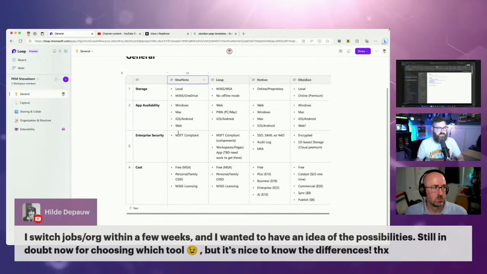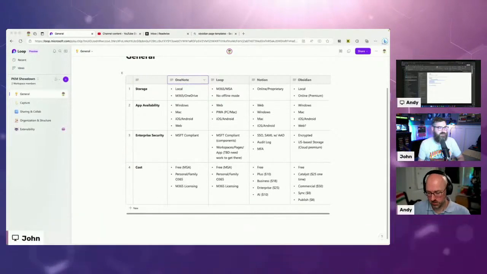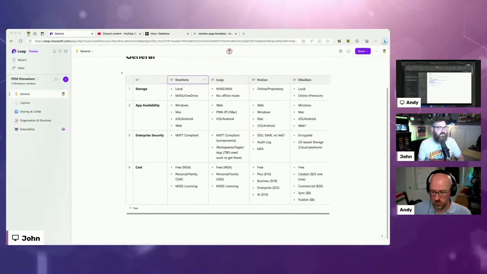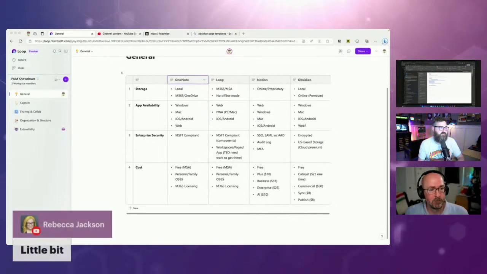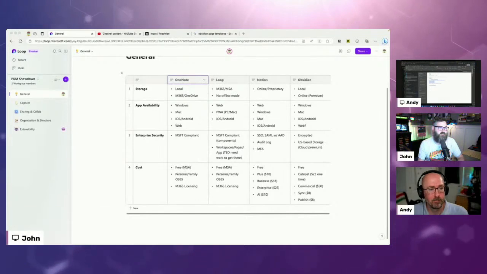Andy, do you have anybody that you've seen that does specific OneNote? I know you said you've taught classes on OneNote. I think Rebecca Jackson has done some OneNote stuff as well. Yeah, I was going to say Rebecca's in the comments. In the chat, yeah. Sharon Weaver has done OneNote content before. Shortcut Sherry is another one that I know has done things on OneNote. So in the MVP community, especially, you're going to find OneNote help. Rebecca says she's done a little bit, so search up Rebecca, connect with her as well. Thanks for being in the chat, Rebecca.